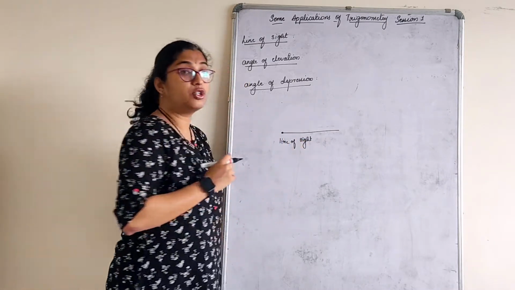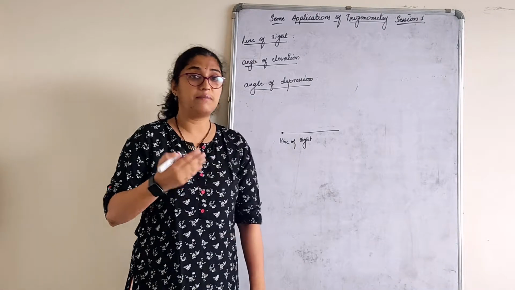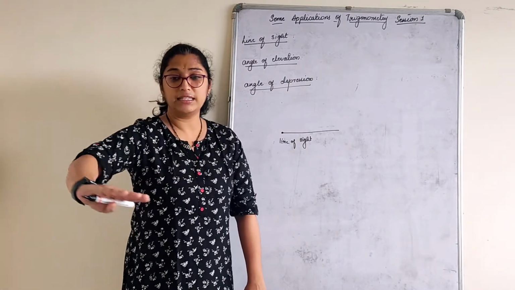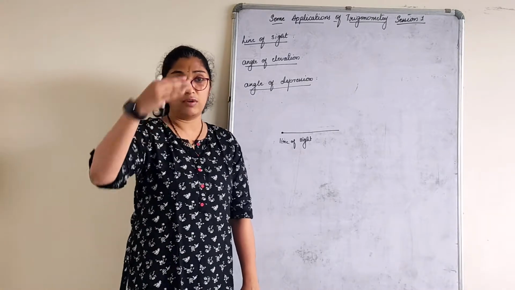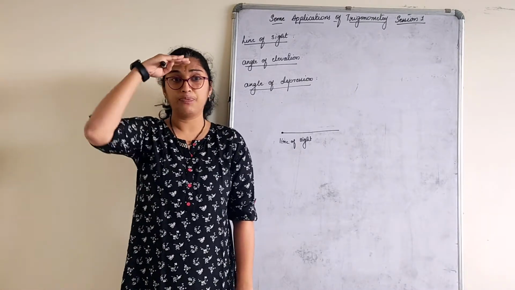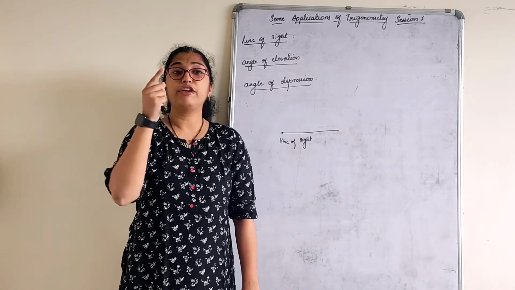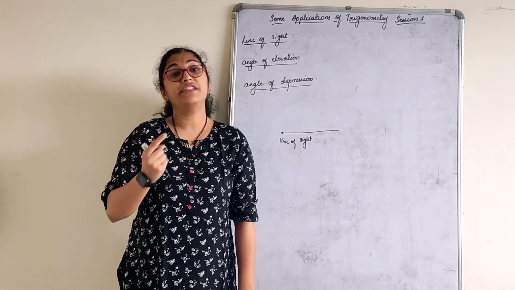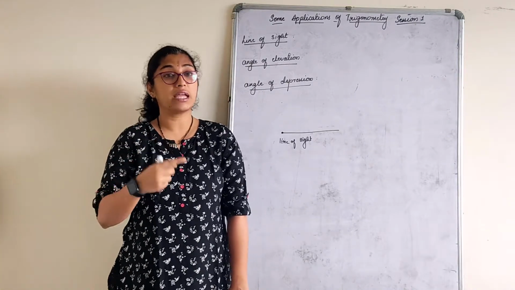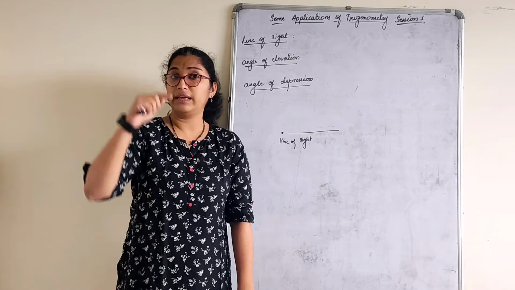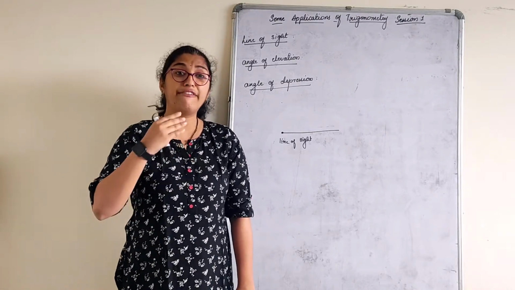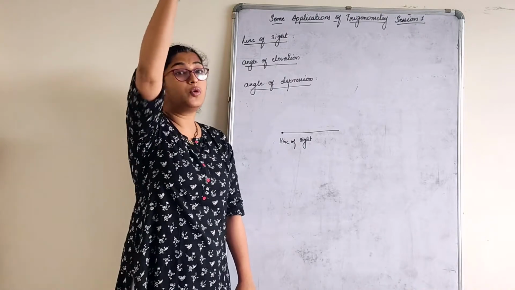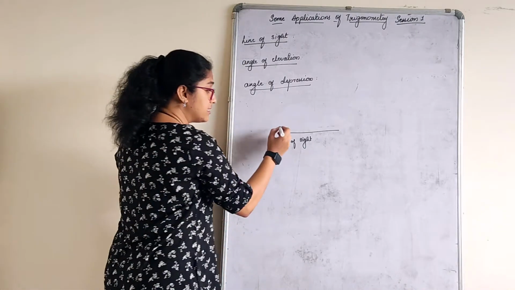Now standing here, you have to look at the sun. For example, if I am standing here and I have to look at the sun, what is my line of sight? This is my line of sight with respect to the ground. This is the observer, if I am standing here. We always consider line of sight as a straight line to the ground. If I have to look at the sun and I look straight, will I be able to see it? No. I have to elevate, in the sense of looking up. I have to look up to a particular angle to look at the sun.